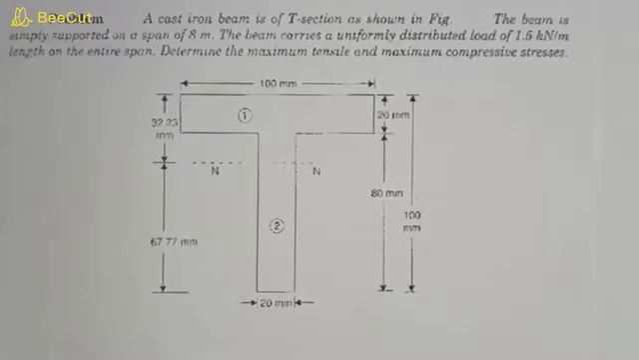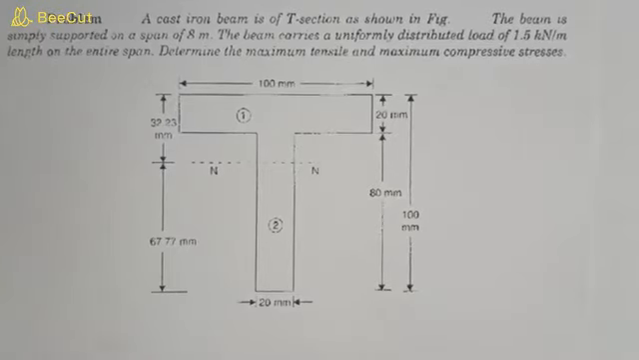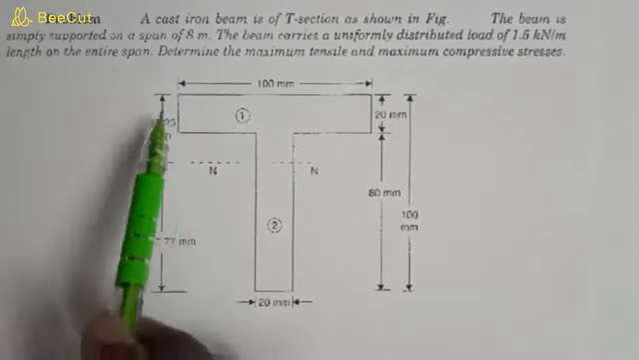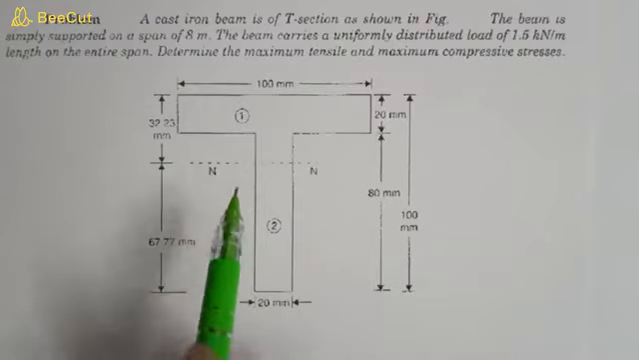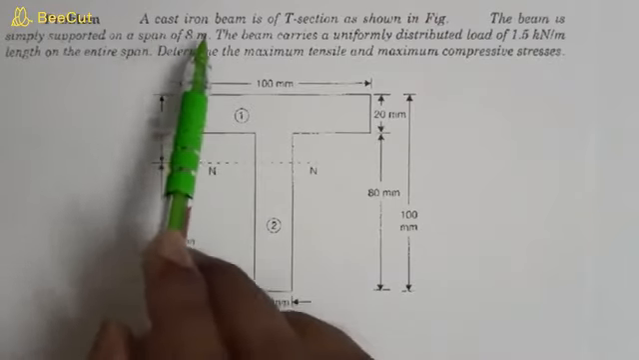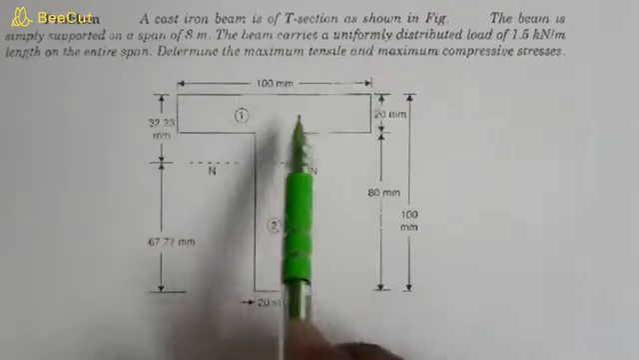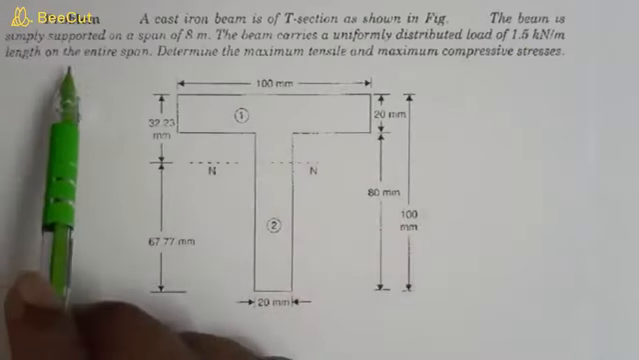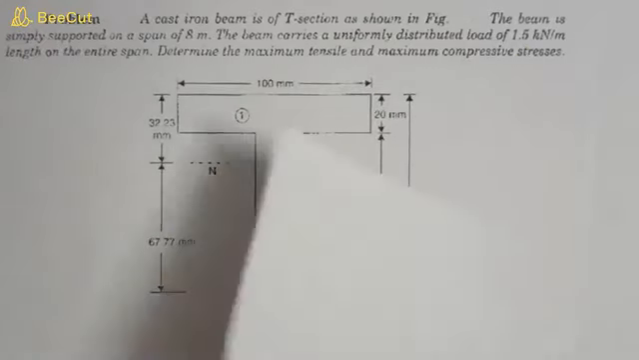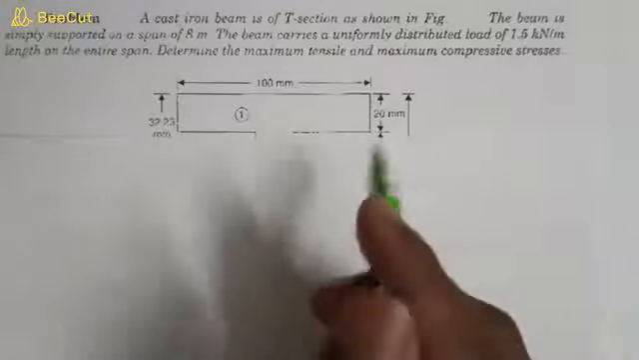In this video we will calculate the bending stresses in the beam. There is a given T section for a beam cross section, and the question is: a cast iron beam of T section as shown in figure. The beam is simply supported. So we can see that the beam is simply supported,